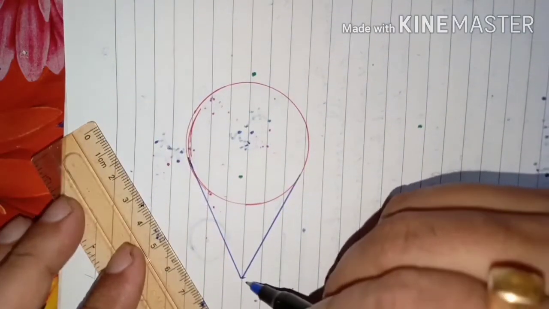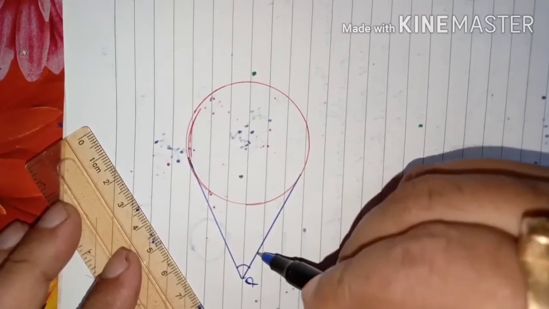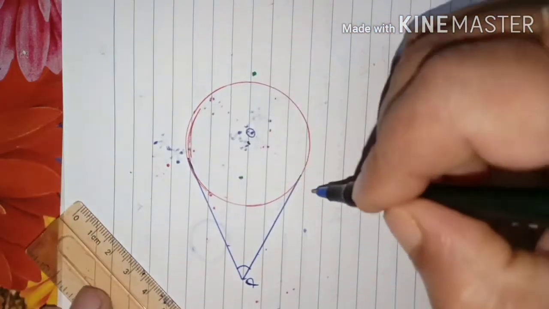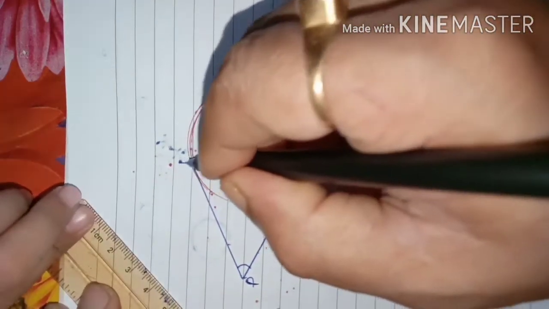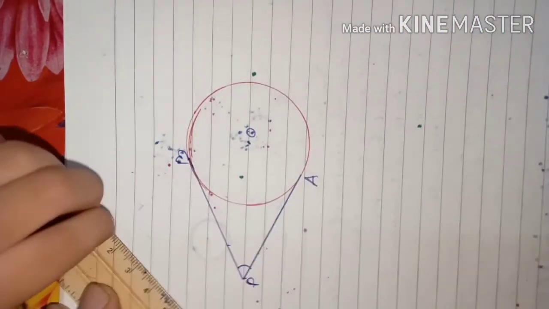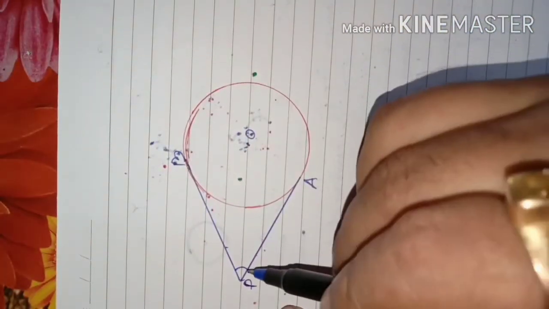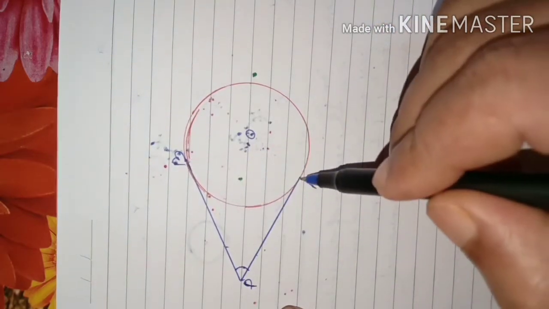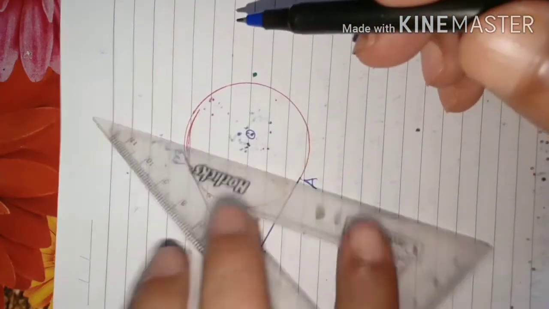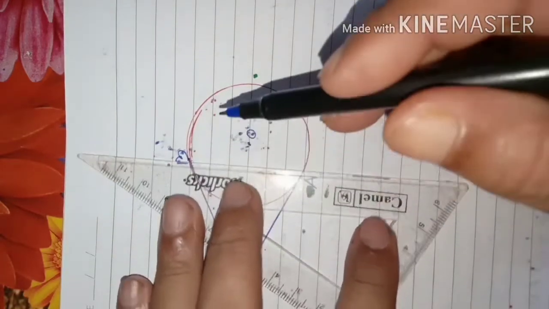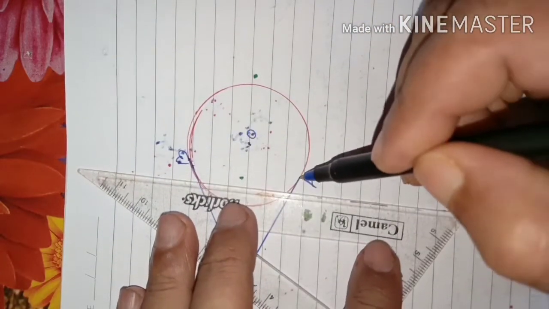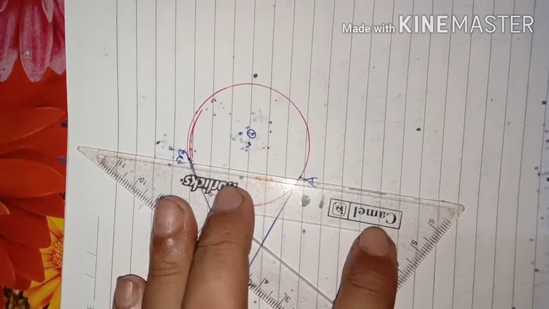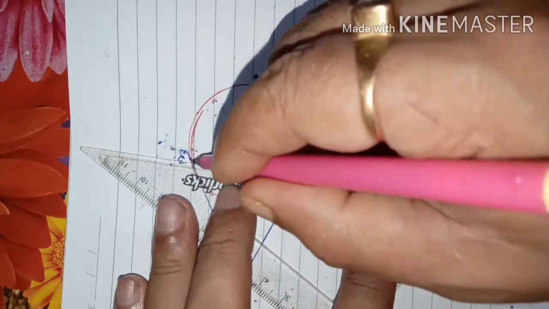Now at this point P, this is an angle formed by these two tangents. Now here is the center O. This is point A, suppose this is point B. According to the question, the angle and the angle subtended by the chord joining the points of contact, when we join A and B, these are called points of contact. If we join A with B, I get a chord here.